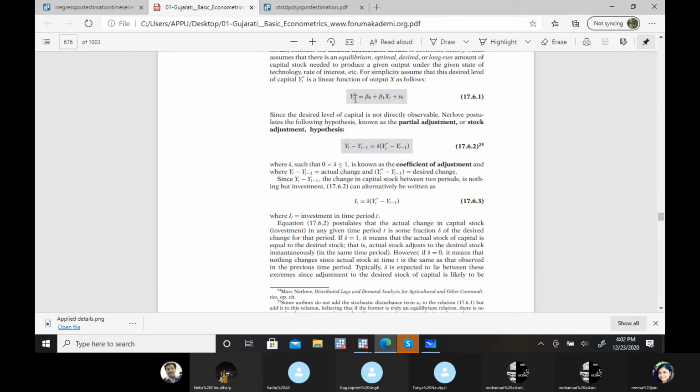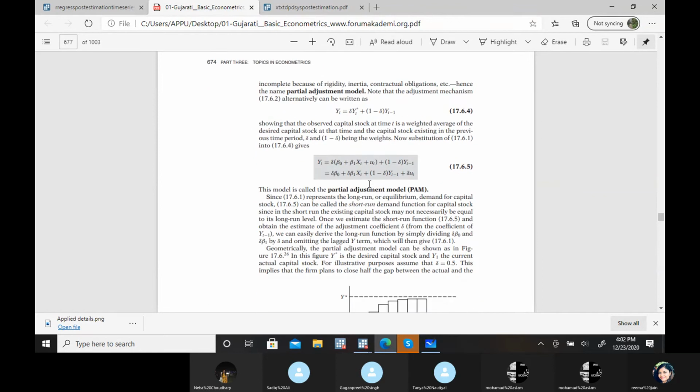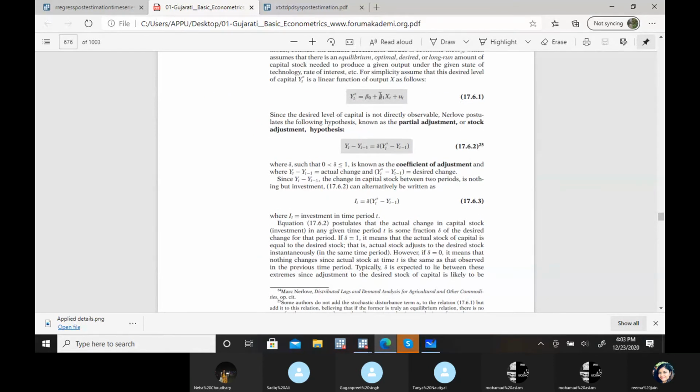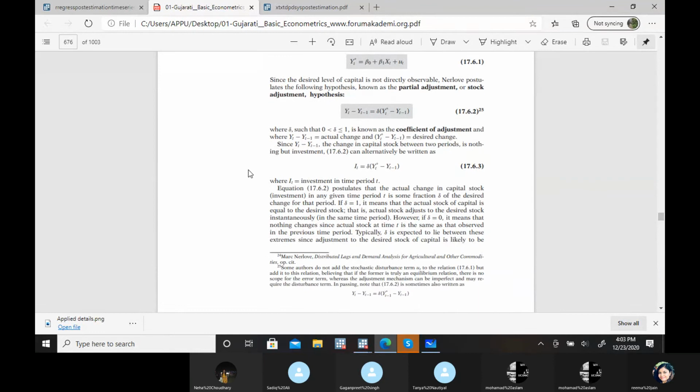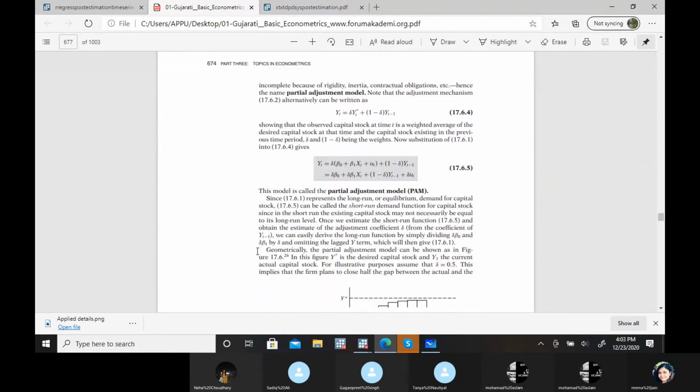Due to the defining nature of this particular variable, we have used this equation, and after some adjustments, in the end we are running OLS on this particular equation. So this equation will give us values for 1 minus gamma, gamma beta 1, gamma beta 0. But what I actually need are the original coefficients, right? So this adjustment you have to do. How? First you have to estimate, apply OLS.